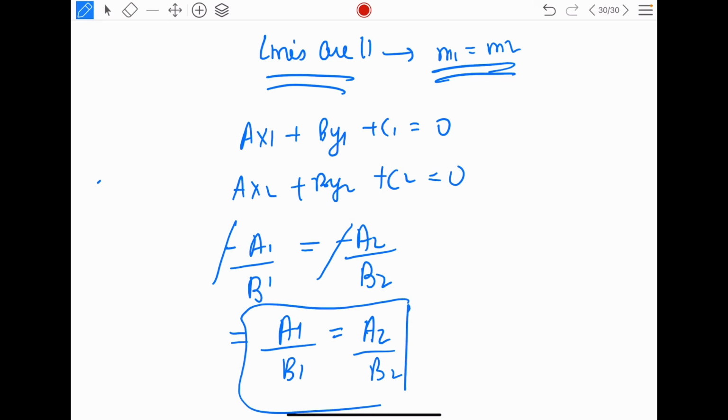This is the important condition. Whenever two lines in general form are given to be parallel, remember that a1 by b1 is equal to a2 by b2. That is the formula to be remembered. In general form, the ratio of the coefficients will be the same. When you are in class 12th, you will know that these coefficients are also called the direction cosines of a line. I'm not going into that because that involves class 12th vector knowledge, but just remember the ratio a1 by b1 is equal to a2 by b2 has to be there. Then also the two lines are parallel.